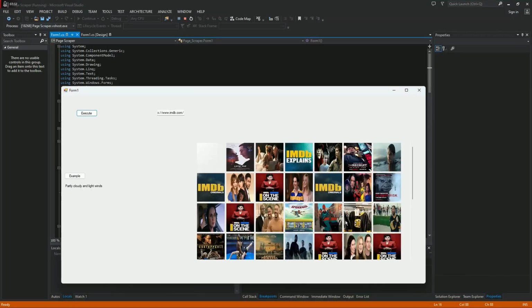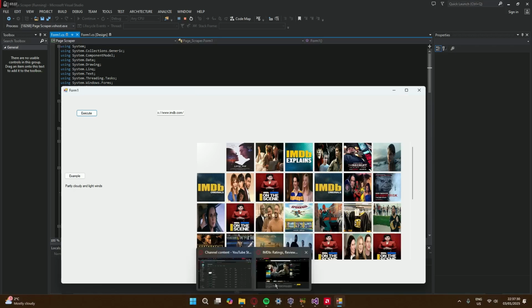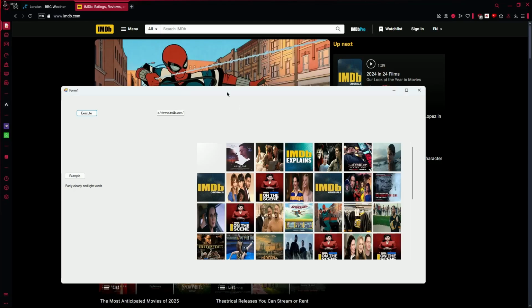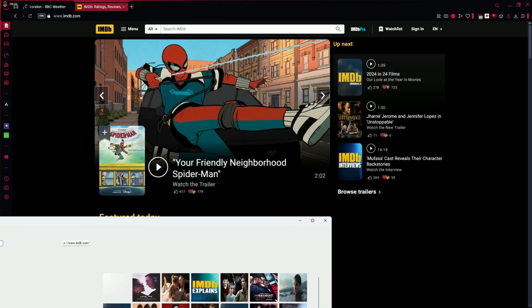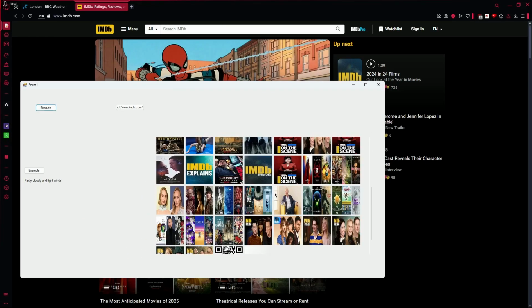let's look. We have this Spider-Man looking image. Let's see where it is on the site. Okay, and look, here is the image we found, the Spider-Man image. We can see that it's actually brought both of these images, so this image here and also this image here. And we can just scroll through